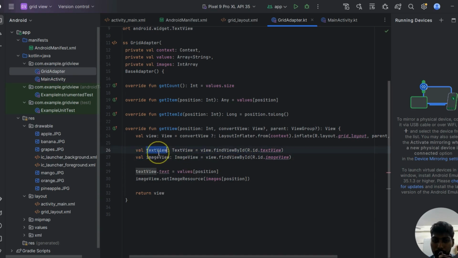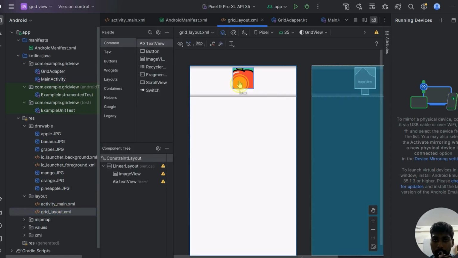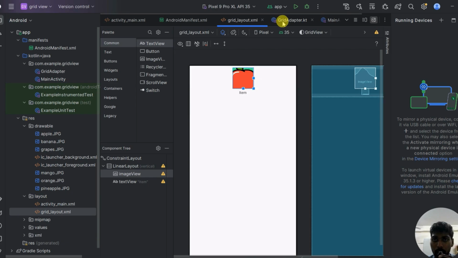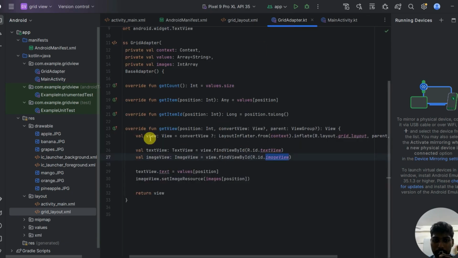I have created a variable of text view. So textView equals findViewById R.id.textView, and the image view from findViewById R.id.imageView. This text view and image view are from the grid layout.xml class. Here in grid layout.xml we have the image view and text view, and these things will be put into these variables. These are the references of those things, and the textView.text I am putting as